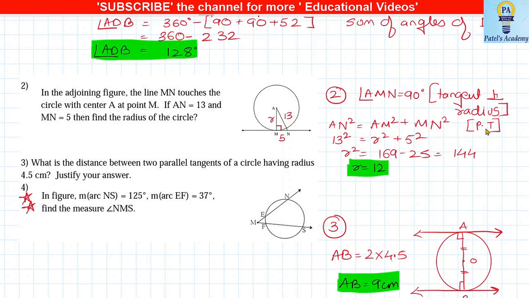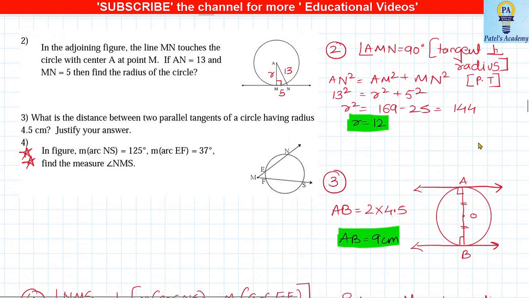theorem. Students, I have written here PT, but in the exam this is not allowed. Make sure that you write down the whole Pythagoras theorem. Okay, I'm just writing in short. So we got the radius as 12 centimeters. Very easy. Okay. Next, for the third one, I've done the figure